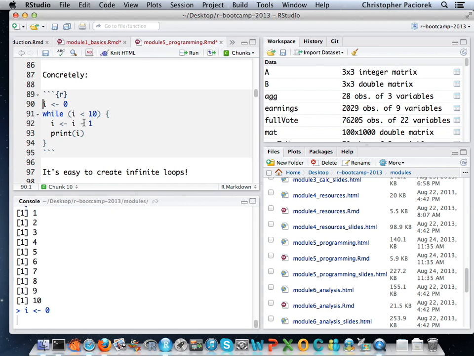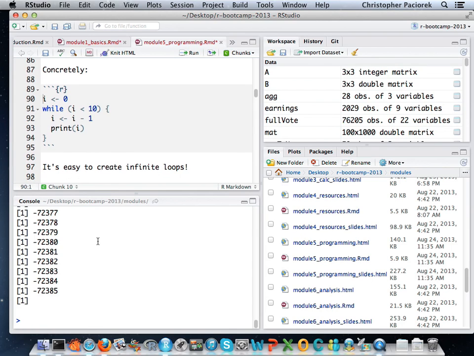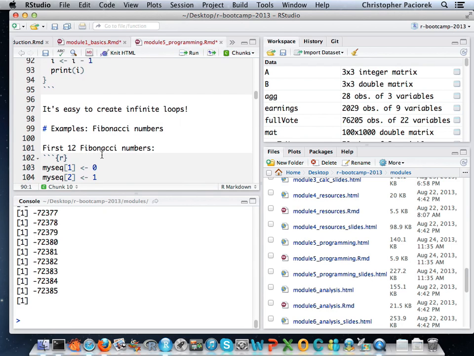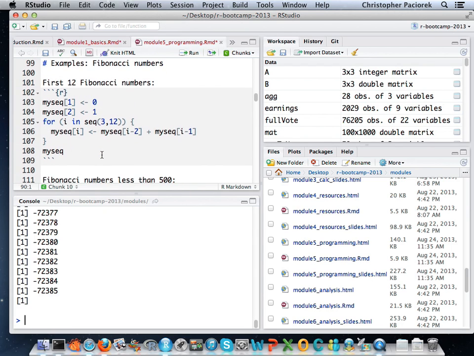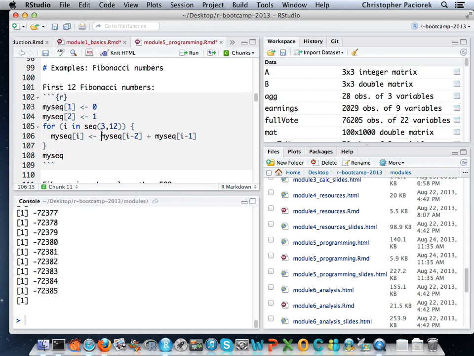I don't remember how to break code in. Try escape. Not escape. Okay, escape eventually worked, or else it just got tired. So as you can see, I created an infinite loop. I'm subtracting 1 from i each time, and so that means i is always going to be less than 10, assuming you started less than 10.